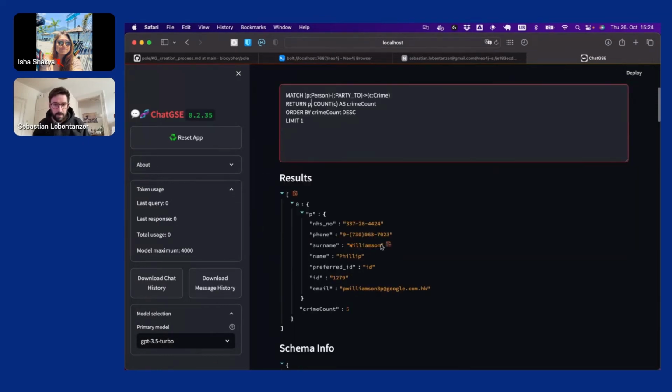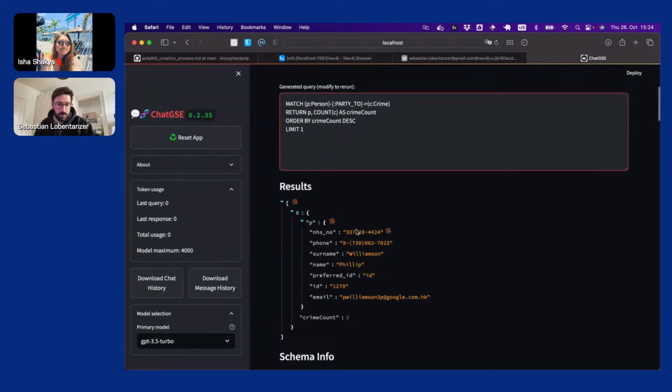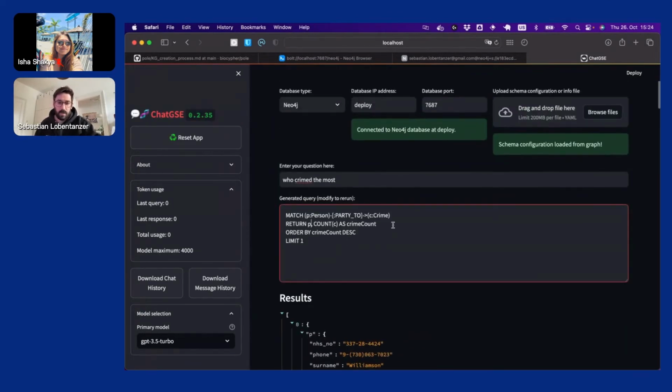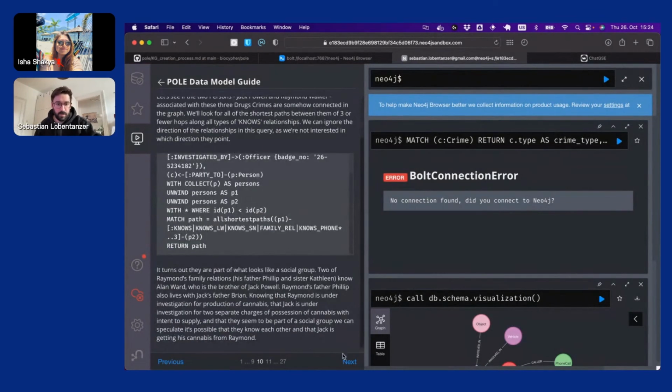And if we return the entire person node, then we can see a bit more information. So of course, this is all randomly generated data, but Philip Williamson was the one that was associated to the most crimes. And it also works for fairly complicated problems.